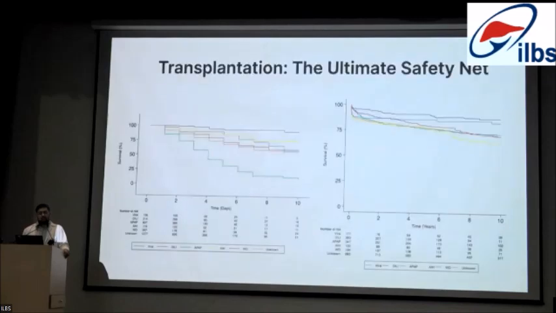Coming to liver transplant, it remains the standard of care as of now for acute liver failure and is its ultimate safety net. The survival has improved with time to as high as 70%. As you can see in the first graph, if we delay transplant, and if the transplant option is available, with each day of delay in transplant, the survival benefit decreases.